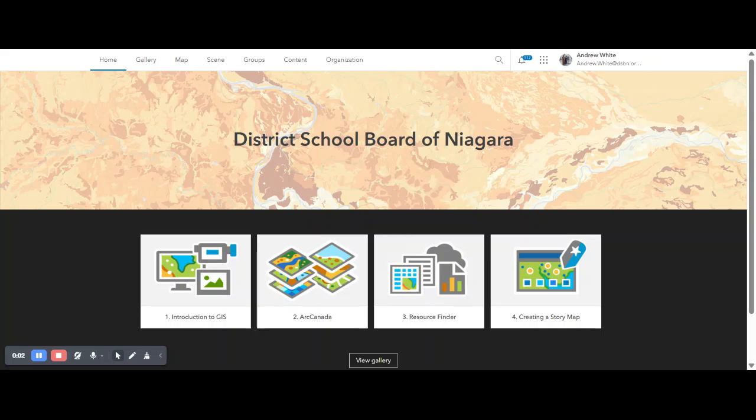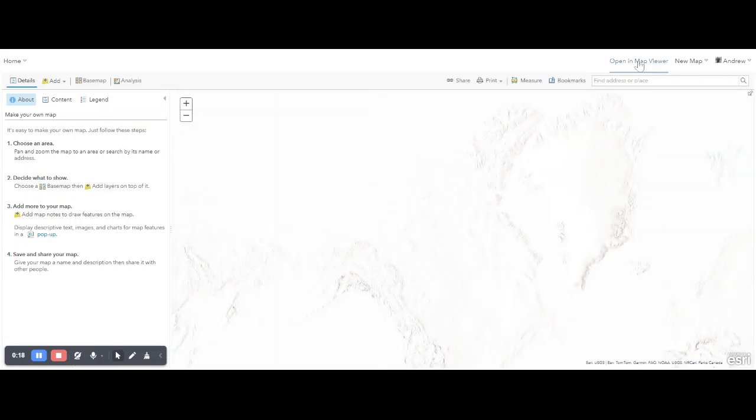Okay, so you're going to make a map in ArcGIS. You're on the splash page right now. Remember that if you want to find a map that you've already created, you're going to go into content and find it in there. Otherwise, we're going to create a new map by clicking on map. Now mine defaults to the old version and you should be using the newer version. So it should look like